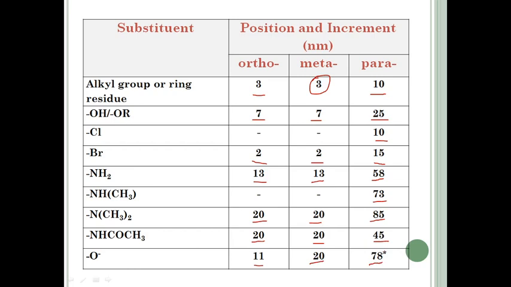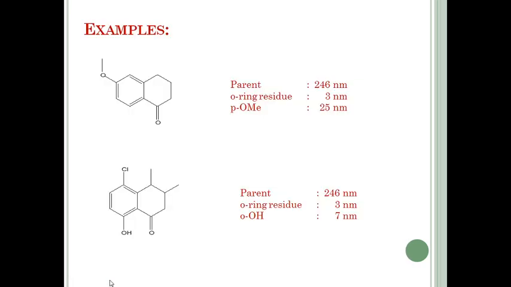Here I am indicating the star mark. The star mark indicates that depending upon the steric hindrance, if steric hindrance is more, the value must be variable, it has to change. That is why here I am showing the star mark. And next I am explaining the aromatic system by taking some examples.